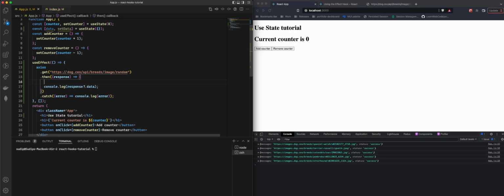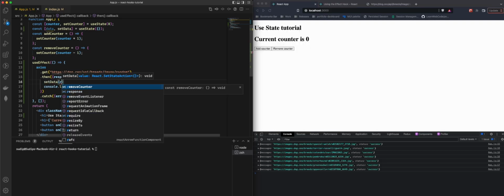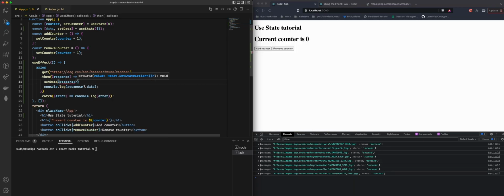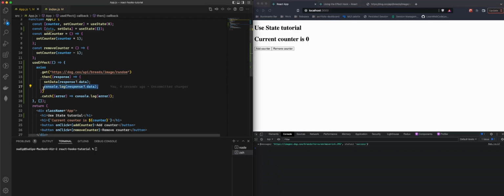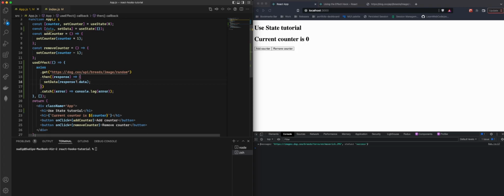Before even logging it, we want to do setData, and the data that we want to set is going to be response. If there is a response, then grab the data out of it, just like that. Now we should have that data in our state, so we can get rid of this log. And now